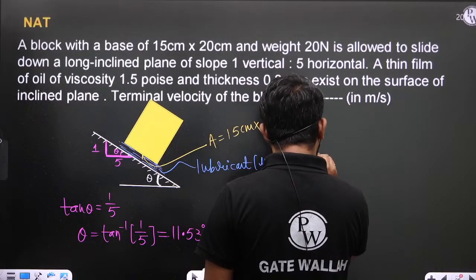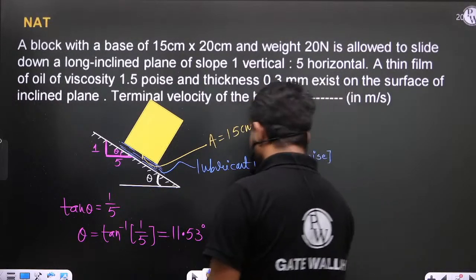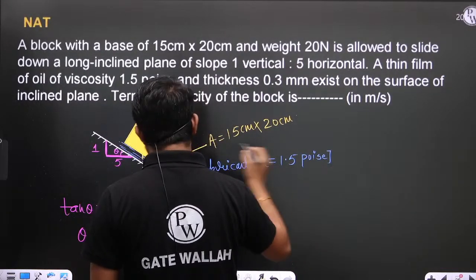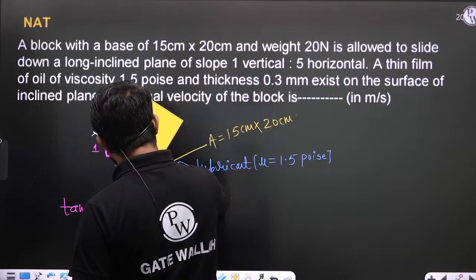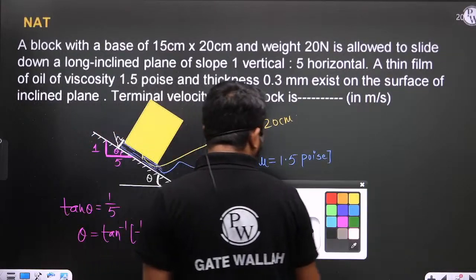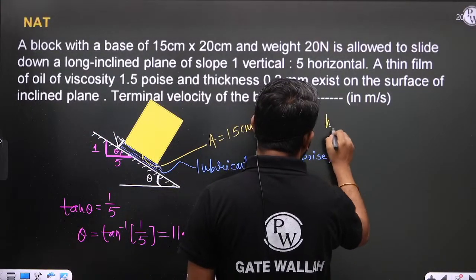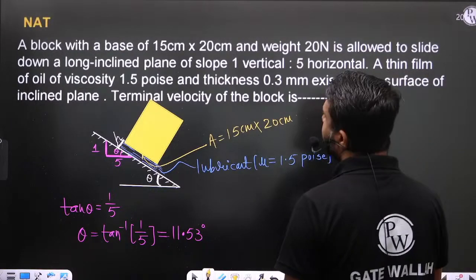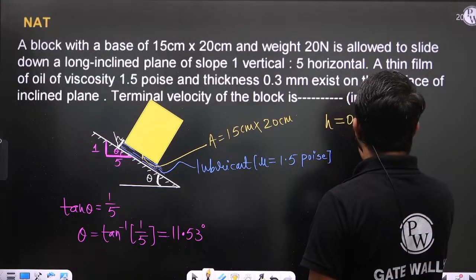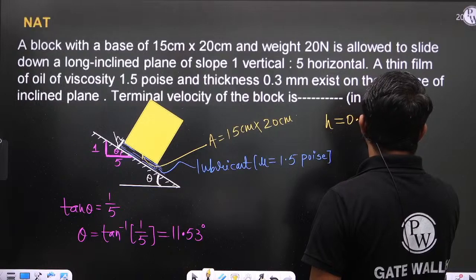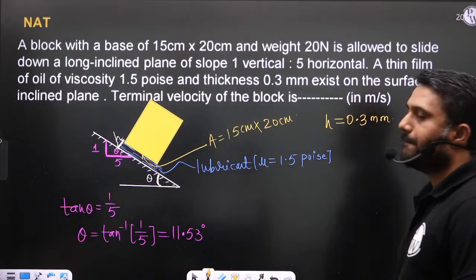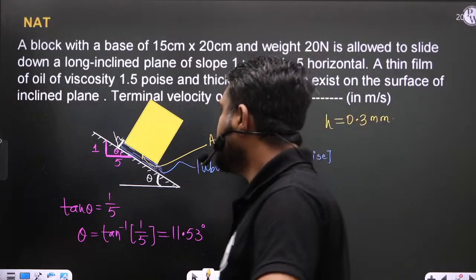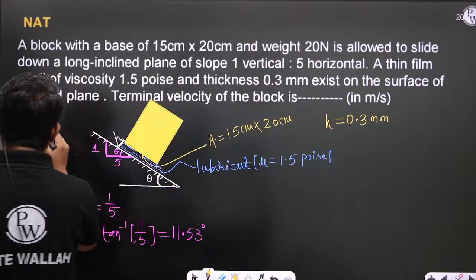The thickness of the lubricant is h, which is 0.3 mm. And beta, the velocity profile in the gap is not mentioned,